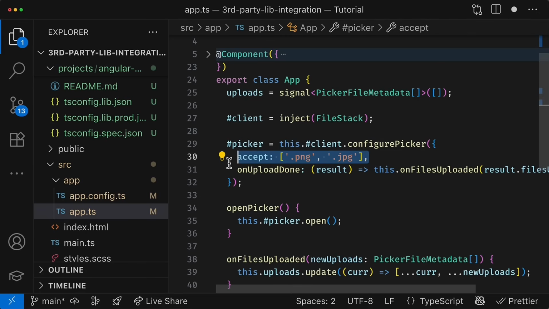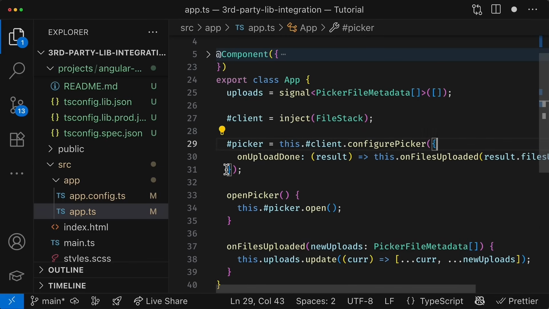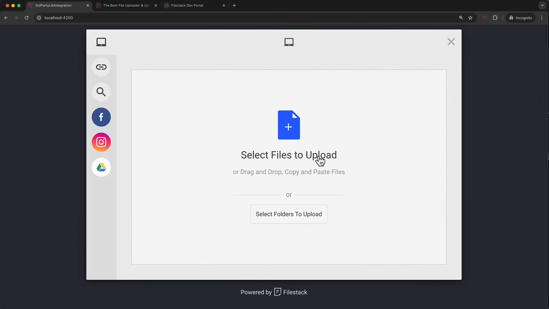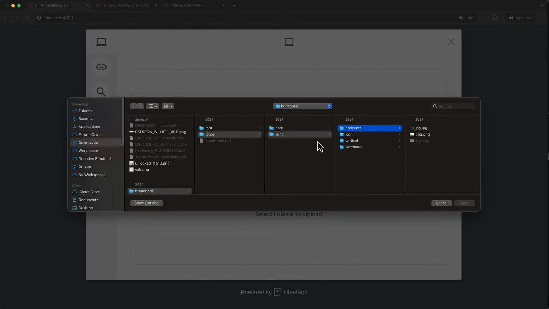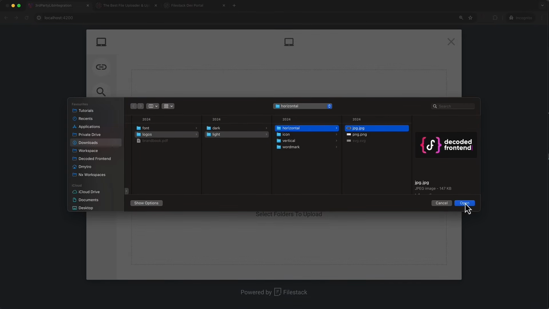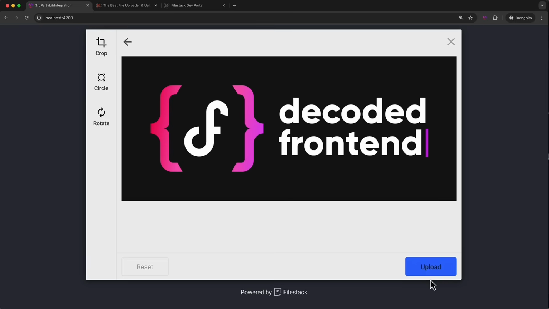And I will just keep the logic that is specific to this use case and this component. Now, if I save the change and check my application in the browser, everything still works. And as you can see, I can still pick and upload JPEG and PNG files, and they are successfully uploaded